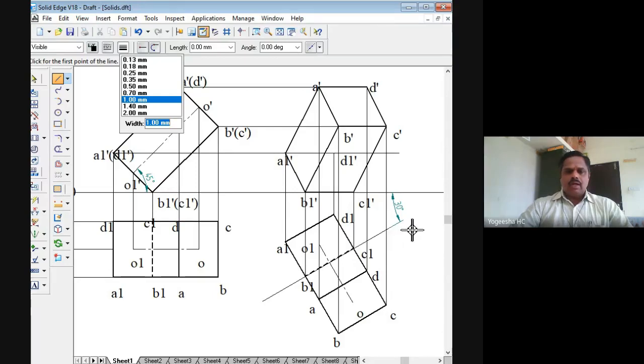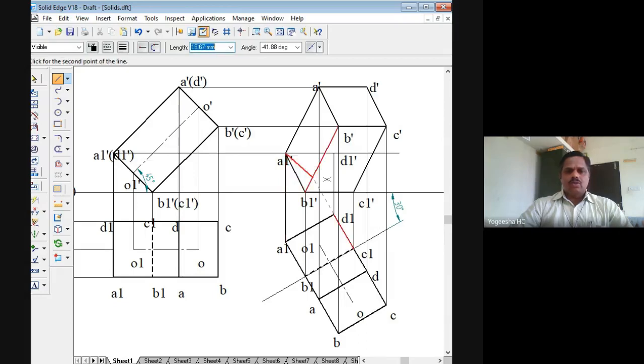A1 dash to D1 dash I have to mark as a hidden line, and D1 dash to C1 dash as a hidden line. Then D1 dash to D dash also will be a hidden line.